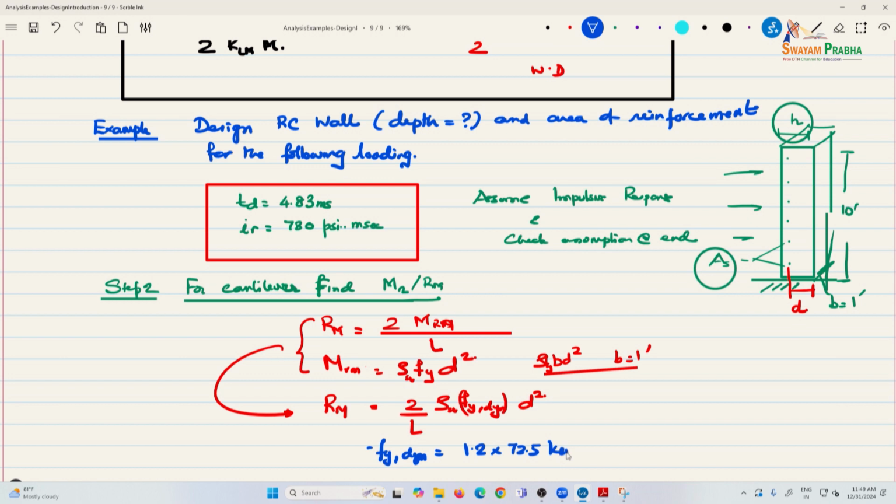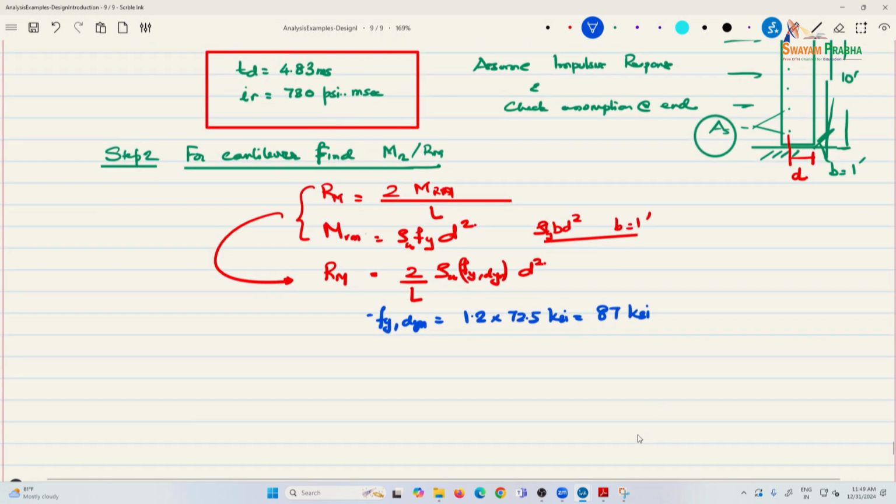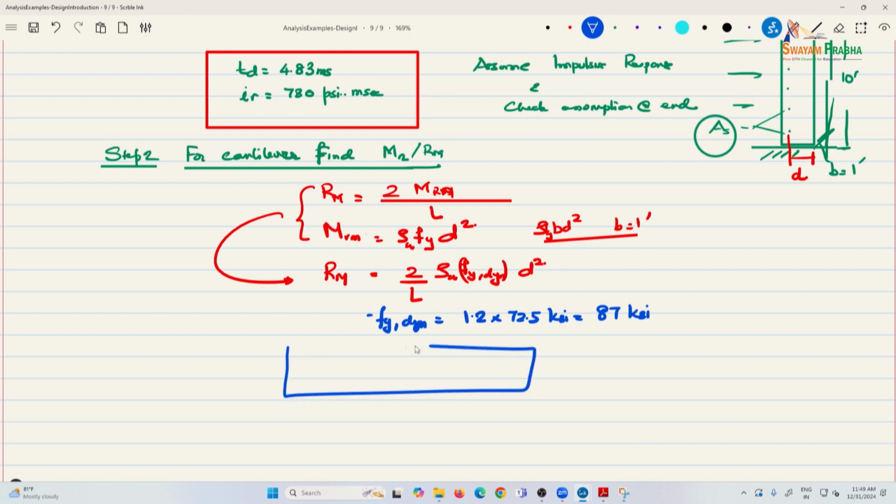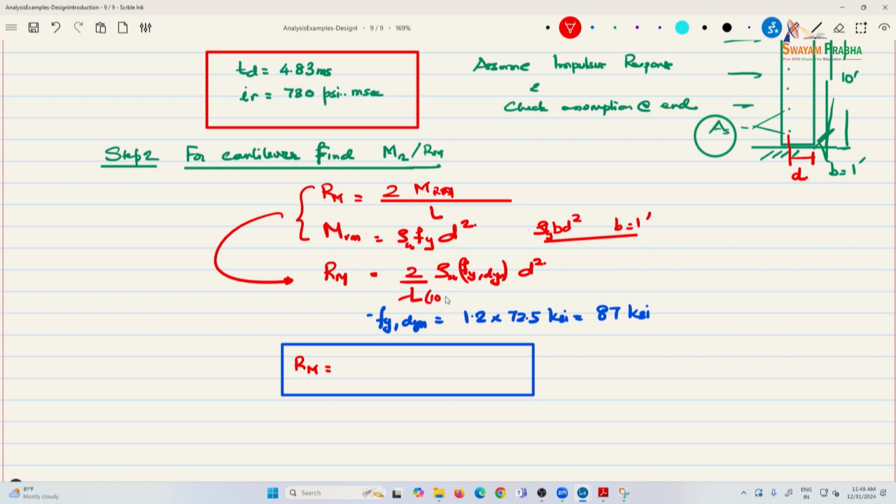And do not worry too much about the numbers. Let's go with whatever we have calculation wise, but you can change those numbers as we have seen and as appropriate. This is for the reinforcement. We have done structural steel, this is for reinforcement. And so from here, the idea is to get an expression for Rm as L is 10 feet. So this is 10 times 12 inches. And rho itself is